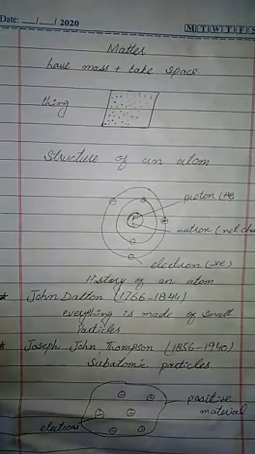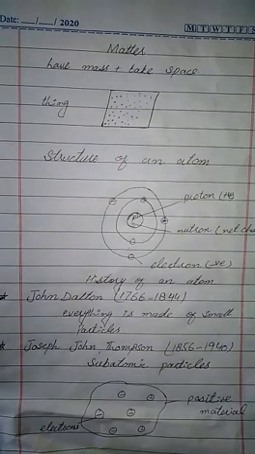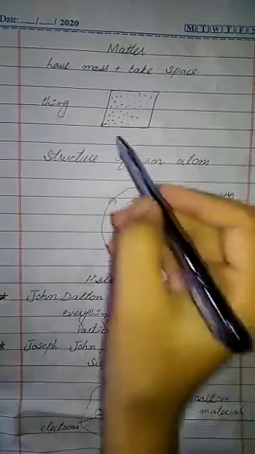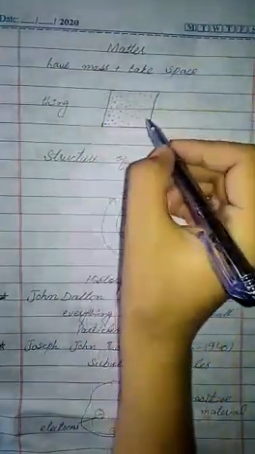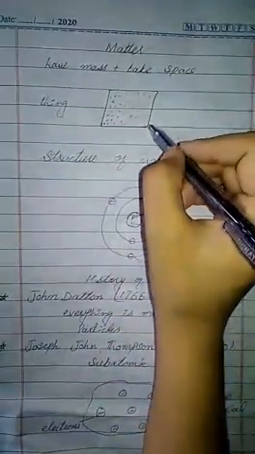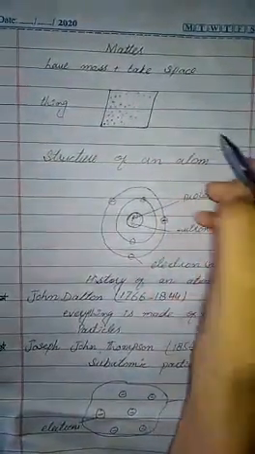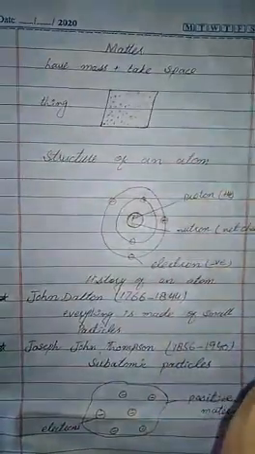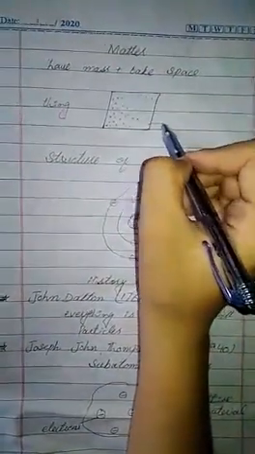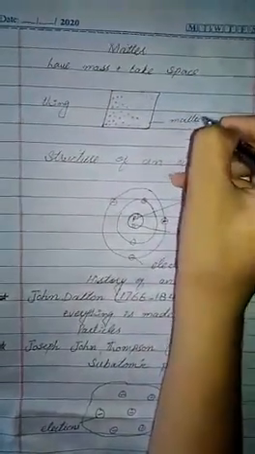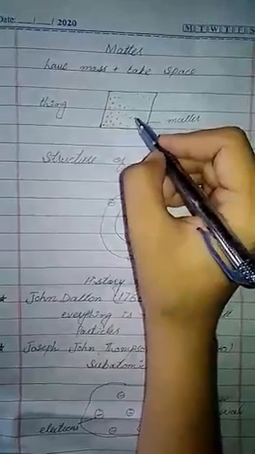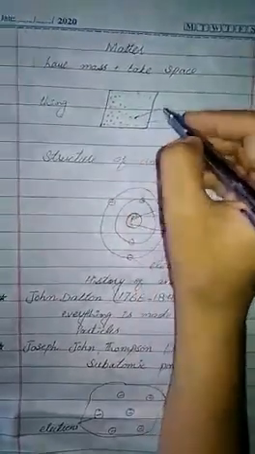It means all the things we have seen are made up of matter, because all things have mass and take space. So everything of the world is made up of matter. So let's start. First of all, we have taken anything. When we examine this thing under the microscope, we will see that it is made up of some tiny particles. This is matter, and this is made up of small tiny particles. These are called atoms.